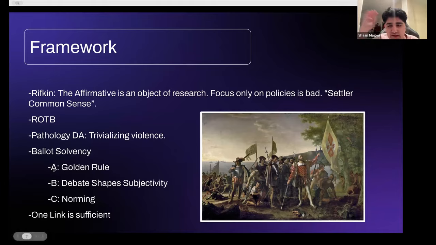This basically says that we don't need to win that we change any racist practices, but rather that you should just reject them on face. Anything else would send a signal to minority debaters that we don't really care about them, which is obviously exhausting for them to hear, right? And it's just generally an intuitive argument.